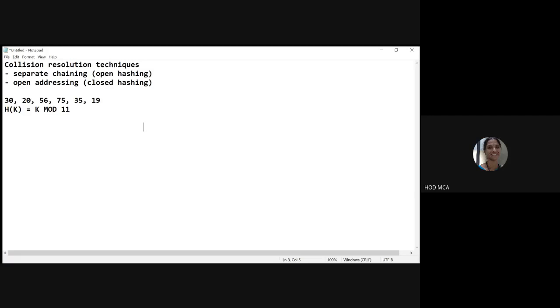So I will take this location as 0. I will try to represent the table in this manner: 1, then 2. Since I should have 6 locations, I will take 0, 1, 2, 3, 4, 5. Right? So now I have 6 locations in my table. Now for each of these locations, I am going to calculate how to store them, and then I am going to show you how to search. I already showed how we can search for one word called kid. Now we will see how we can search for one of the numbers or integers.